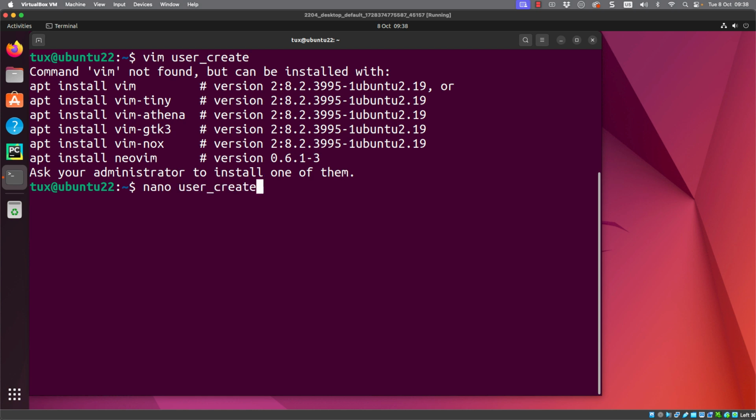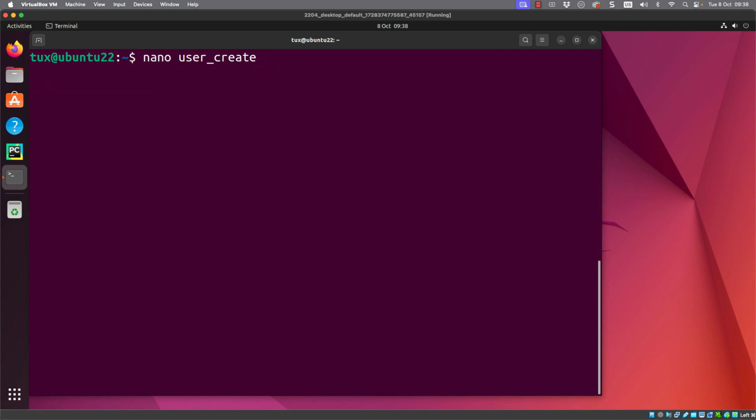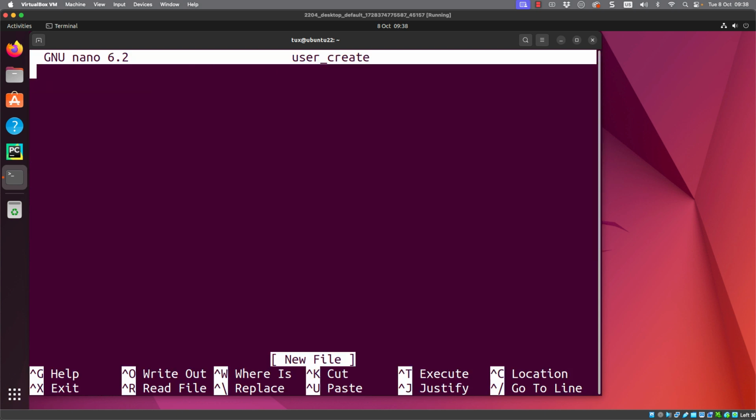If I use Nano and Escape and dot, I can bring up the previous argument, so easy to put in the user_create file name. Now we might want to create a file just called user_create to try and hide what's going on, so people don't know necessarily that it's a script. But you can see as I start typing, I'm not getting any color coding or syntax highlighting for my file.